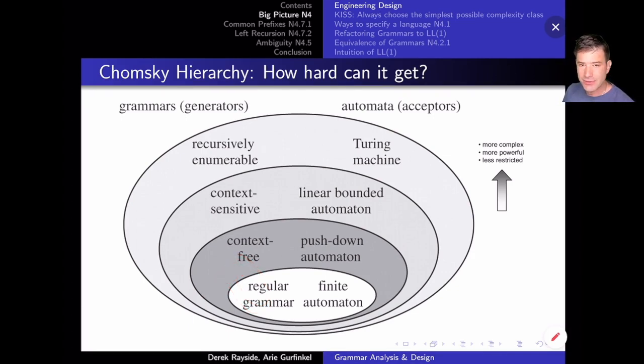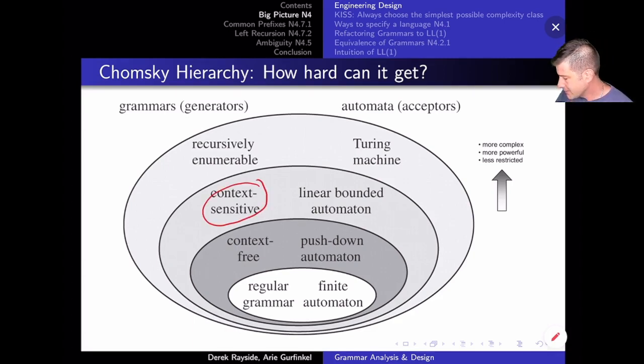Sometimes, if we're designing our own language, if you want to design some domain-specific language for some purpose, nowadays you would do it together with designing a grammar for it, not just trying different examples and seeing what looks good, but you'd also write a grammar, and you'd probably try and write an LL1 grammar, and so try and stick inside this bubble. But if you have a language which is just given to you, and you have to find a way to parse it, then the next level is something